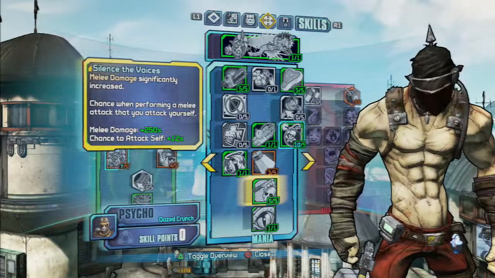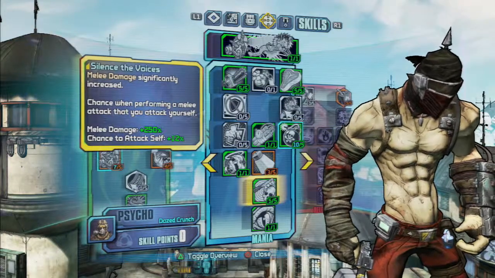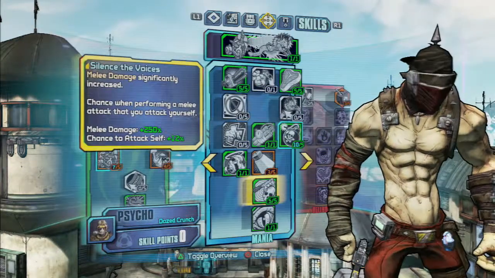Anyways, so then we get Silence the Voices. This is the worst friggin' perk in this damn Mania tree,